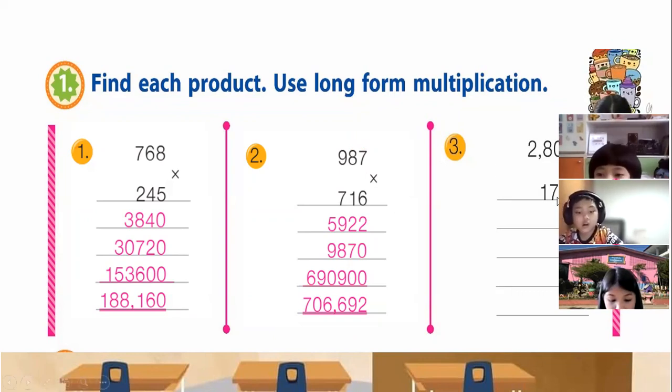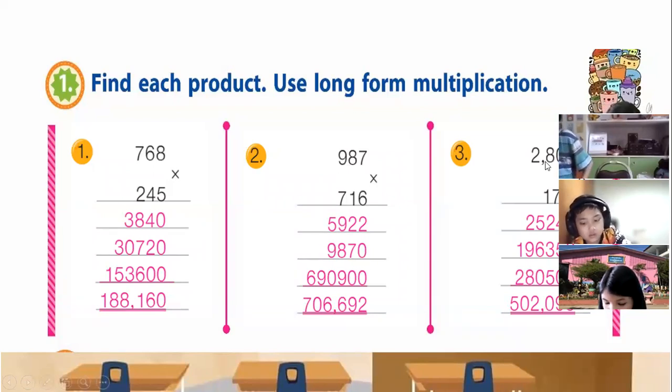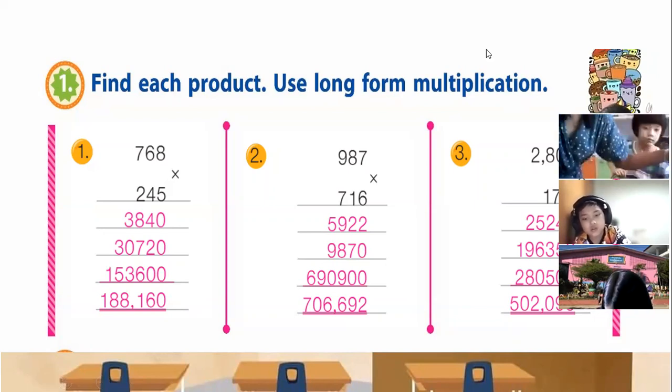Similar like that, question number 3, we are going to follow the same method. First, we multiply with the place 1 with all the digits given to us, then place 10 with all digits given, and then place 300. So 9 multiplied by 5, then 9 multiplied by 0, then 9 multiplied by 8, then 9 multiplied by 2, which is equal to